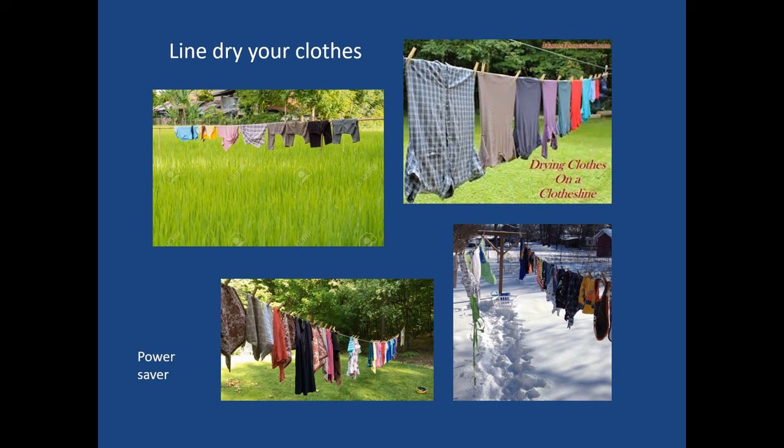Another way one can save money doing laundry is by line drying your clothes. That way you save electricity and/or propane, depending on the type of drying machine that you might have. Line drying can be done any time of the year. If it can't be done outside in the sunshine due to the wetness of the weather, it can also be